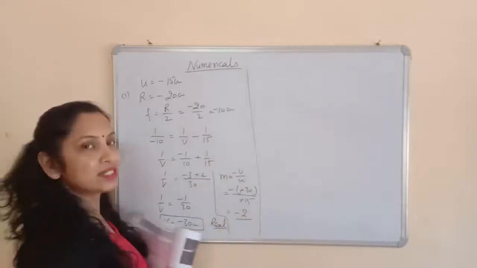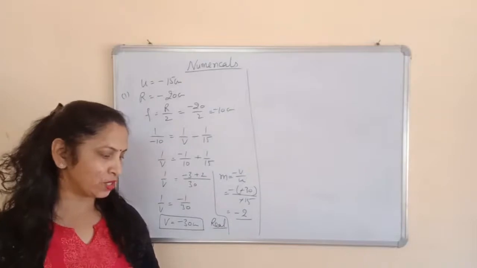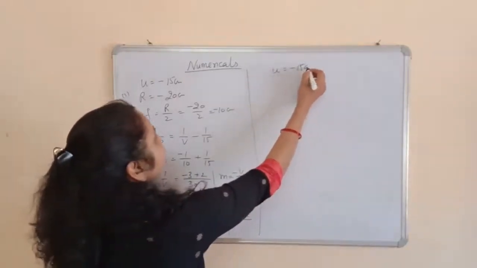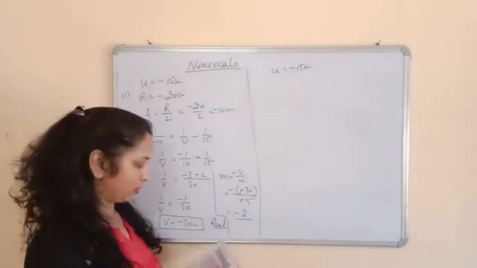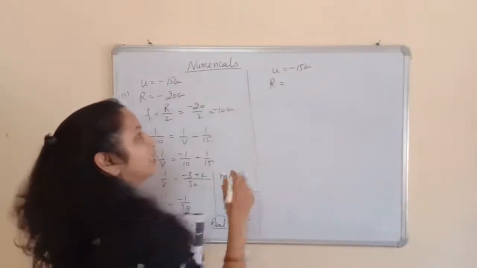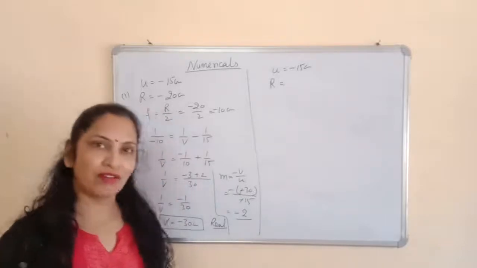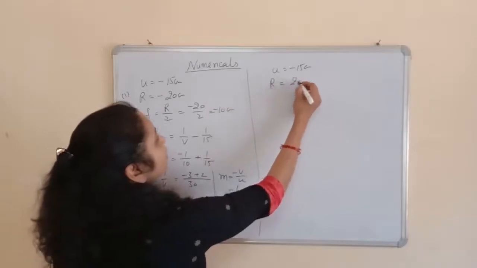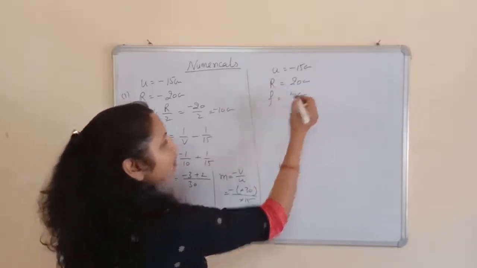This is for the first case for the converging mirror. In the second case, the object is at the same distance of 15 centimeter from a mirror. So in the second case you use again minus 15 centimeter. Diverging mirror. Now this is a convex mirror of radius of curvature 20 centimeter. If the radius of curvature is 20 centimeter for a diverging mirror, it means the diverging mirror is a convex mirror. So we can say R is equal to plus 20 centimeter. So f will be R upon 2, that is plus 10 centimeter.